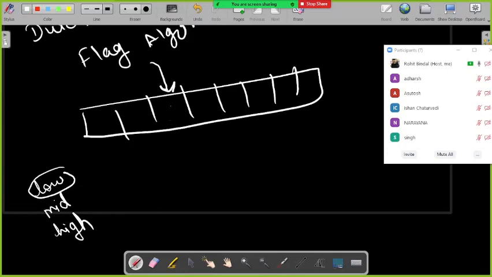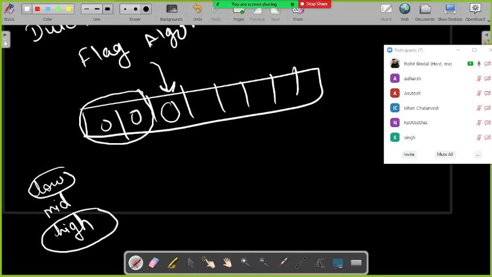If my low pointer is at this position, then I will make sure that whatever elements are there before this low pointer, they all are 0. This is the significance of the low pointer. Wherever the low pointer is pointing, before it all elements will be 0. How I will maintain this, I will tell you. Similarly, wherever the high pointer points, all the elements to the right of it will be 2's. If the high pointer is here, I will be definitely sure that to the right of it all are 2's.